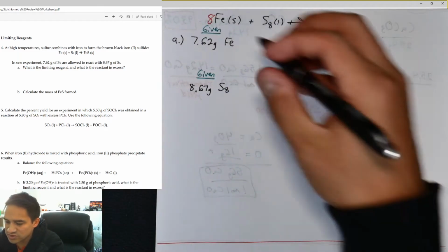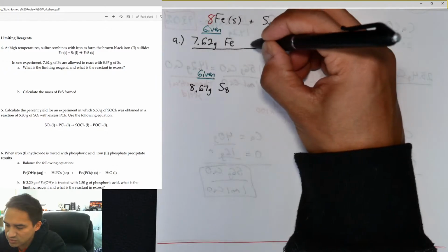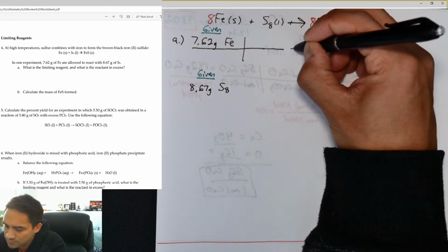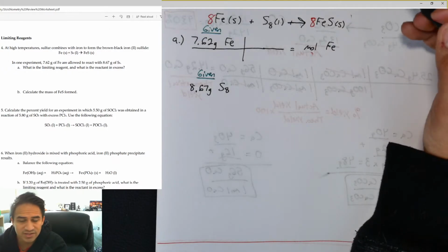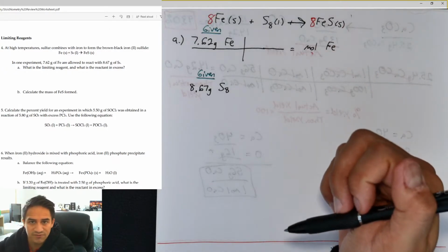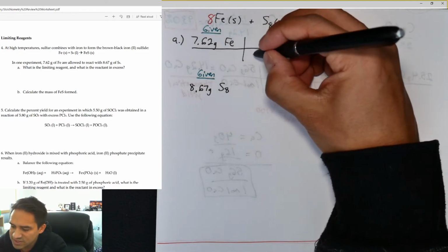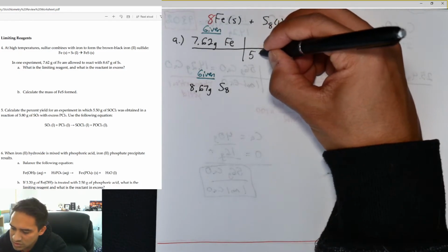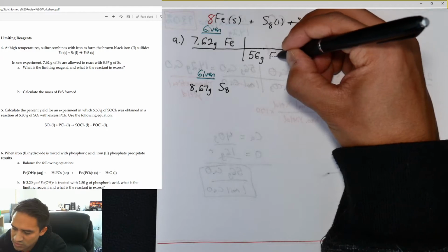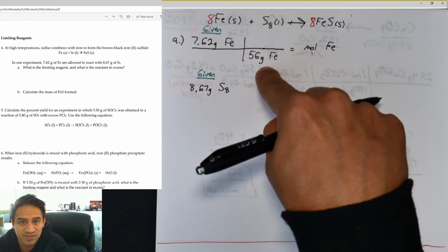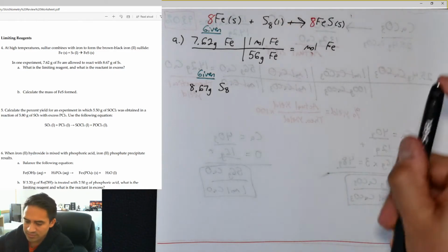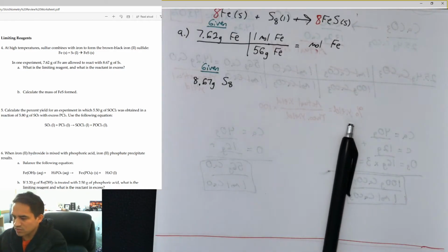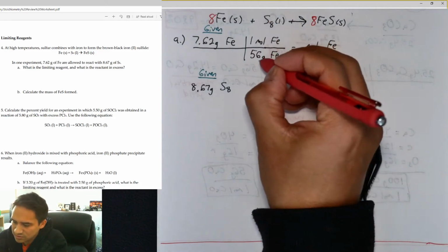The first one, of course, 7.62 grams of iron. We're going to convert this into moles of iron. To convert into moles from grams, we'll need to use molar mass. If we look on the periodic table and find the molar mass of iron, it is 56 grams per mole. And because we are starting with grams of iron here, I'm going to put the 56 grams on the bottom, 1 mole of iron on the top. So that way the grams of iron